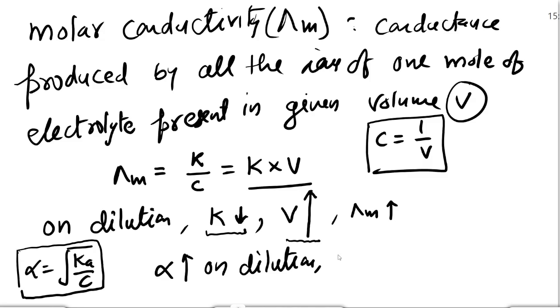So there is less electrostatic force of attraction between oppositely charged ions. So they become more free, because ions remain same, because there is 1 mole of electrolyte. So if it is weak electrolyte, ions are increasing, their electrostatic attraction is decreasing,